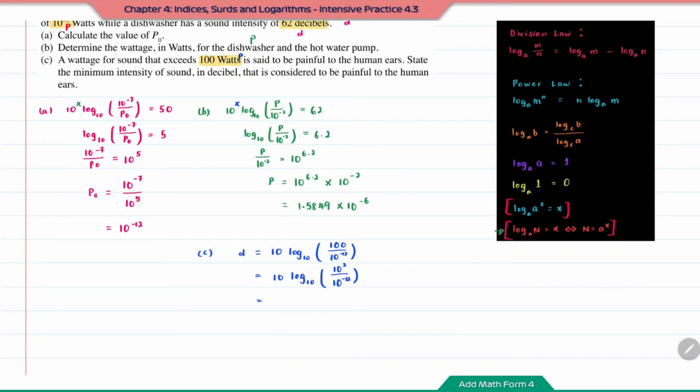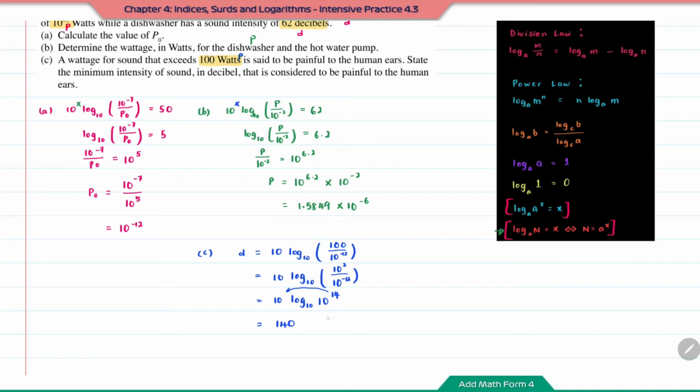Now, using the indices that we learned in the earlier part, so same base, the power, we can just minus it when it is divisions. So it's going to be 10 times log base 10 of 10 to the power of 2 minus negative 12. So it's going to be 2 plus 12, which is equal to 10 to the power of 14. So next, using the power law, we can move this 14 to the front. So it's going to be 10 times 14, which is equal to